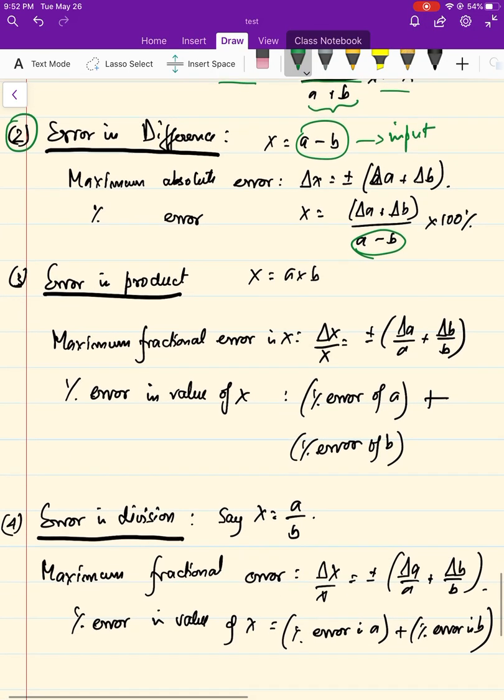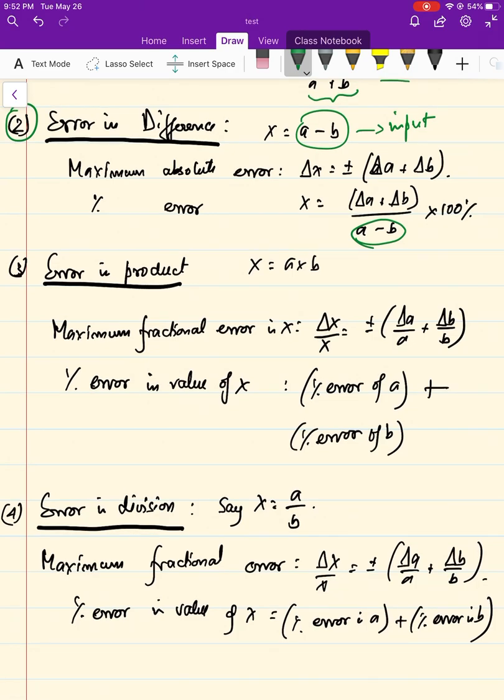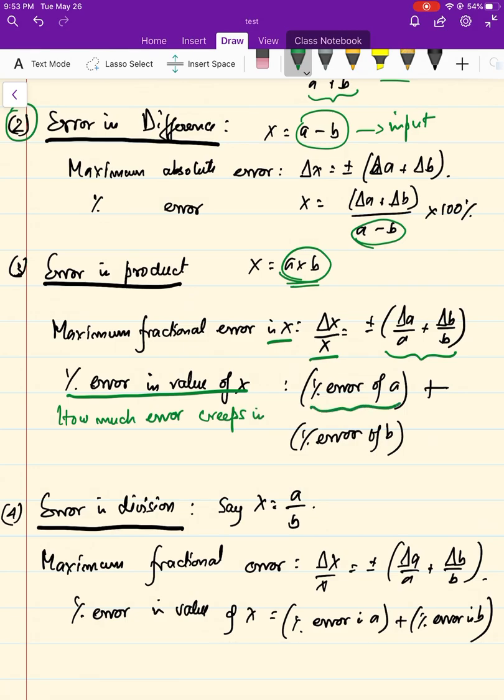Okay, so this is for addition and subtraction, and you see that the concept of error calculation that creeps into the final result is pretty much the same in both cases. And we should digress a bit when we talk about error in product, because if a into b is what we are trying to achieve as an input to find the result, a has some error within it and b also has some error. In that case, what we need to consider is the fractional error between them. So the maximum fractional error in x is delta x by x, and that is obtained as delta a by a plus delta b by b. Okay, so the percentage error in the value of x, how much error creeps in, is the percentage error of a